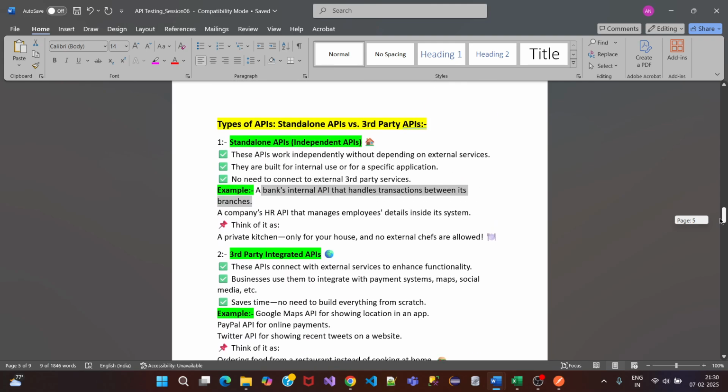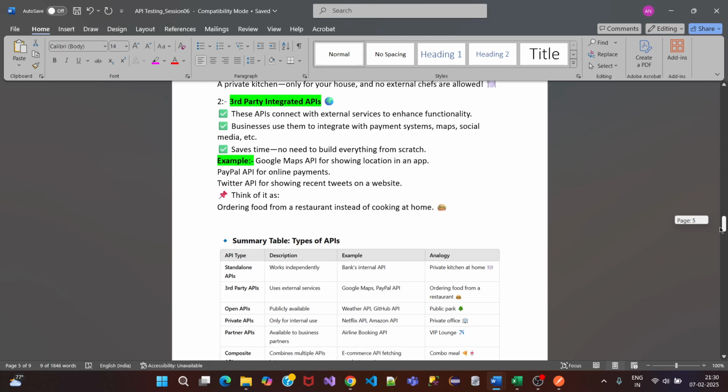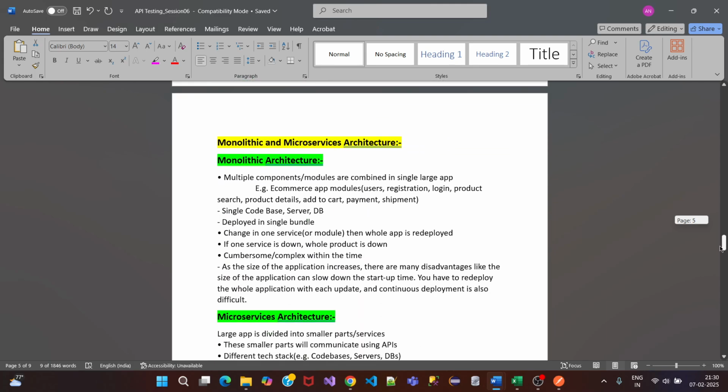So these are all interview questions, which you can go through. And now coming to the main part,